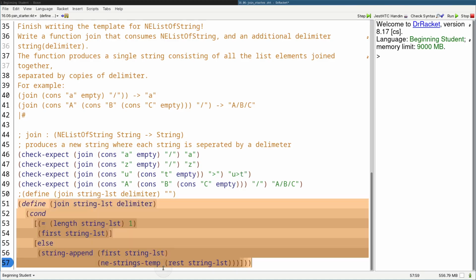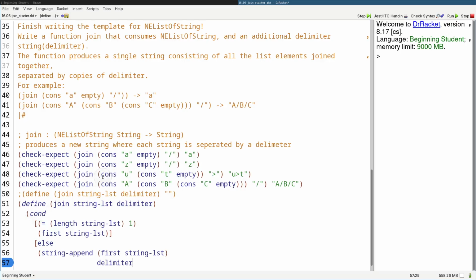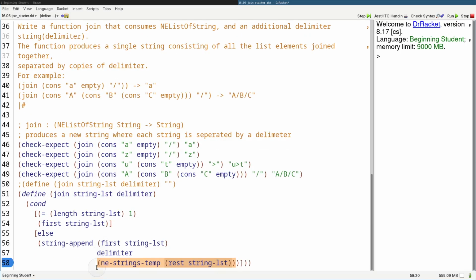So let's just stick it here in the middle, like so. And then what do we want to stick it onto, right? Right, the first, so each part of the list, right? Each string of the list, we want to put the delimiter afterwards onto what afterwards, right? Well, onto the recursive call to join on the rest of the list, which we'll assume will fulfill its purpose